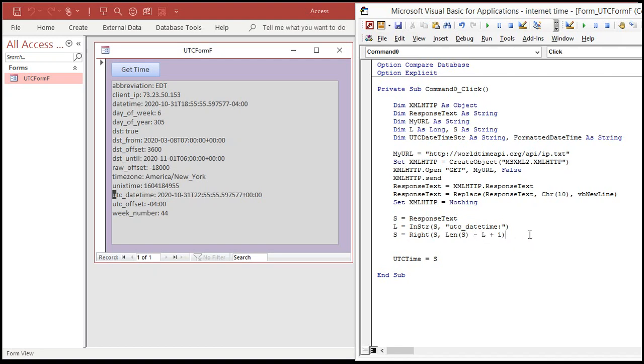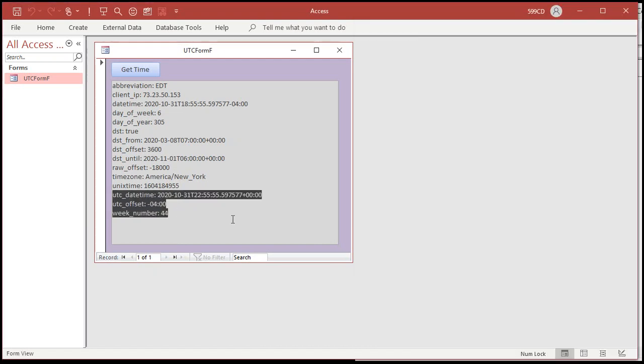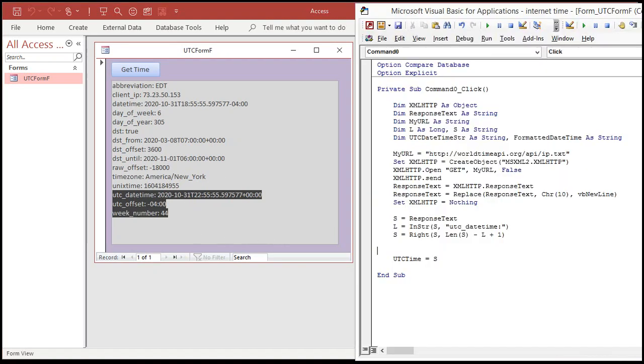Take the rightmost characters of S. How many? Well, the length of S, this whole thing, minus L, which is this position, plus 1. So chop off everything but that, basically. Give me the right that many characters. The whole length minus that. Okay. Now,